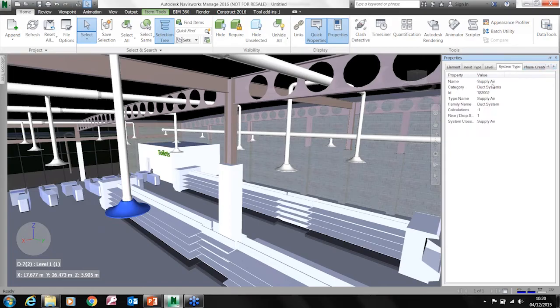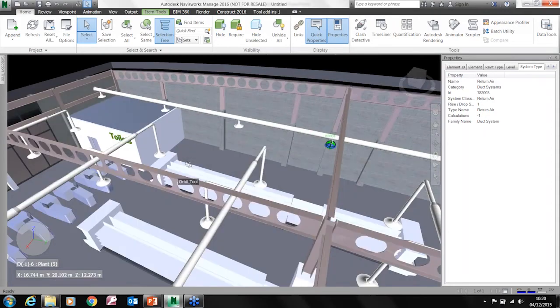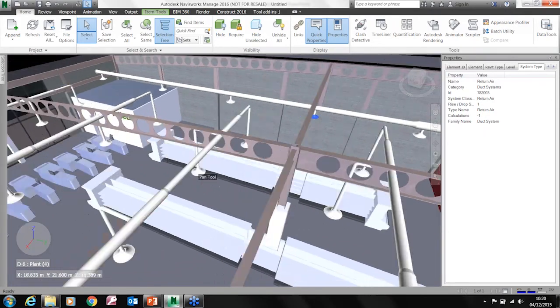We also have the information about the system that it's on. For any of you out there that are using Revit MEP, you'll know that when we create a system, it gives it a system name. So this is on our supply. If I select this diffuser over here, that's actually on our return air system. So all the information is coming across from there as well. The other information that will come across